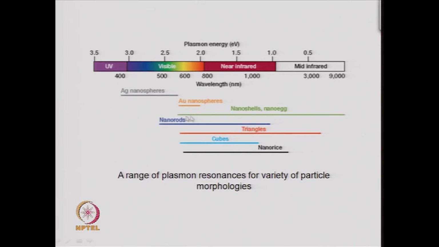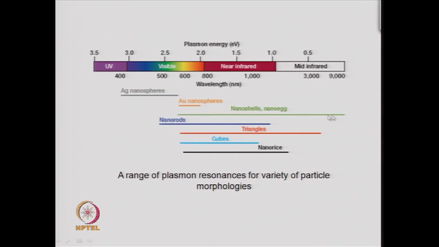If you can make it, it can vary from 600 nanometers to 9000 nanometers. This is a very large range. So, by changing the shell thickness and the diameter of the nano shell, you can have all kinds of colors: green, yellow, red, brown,